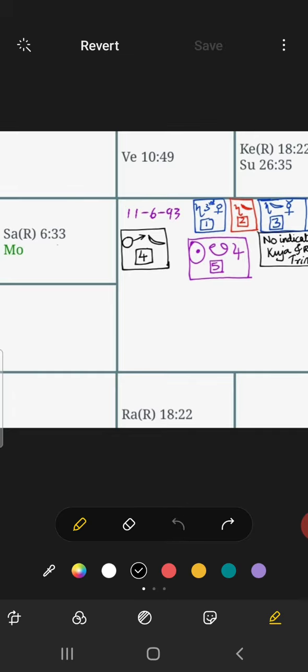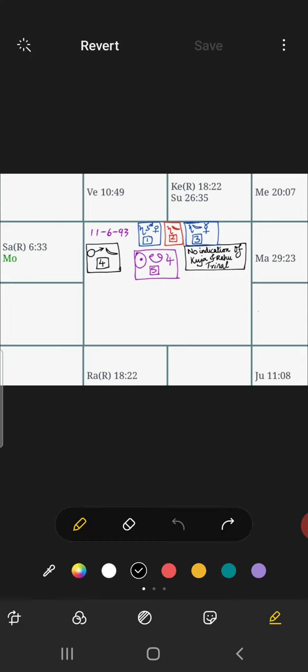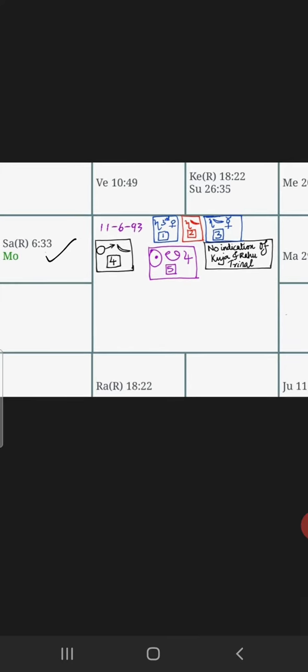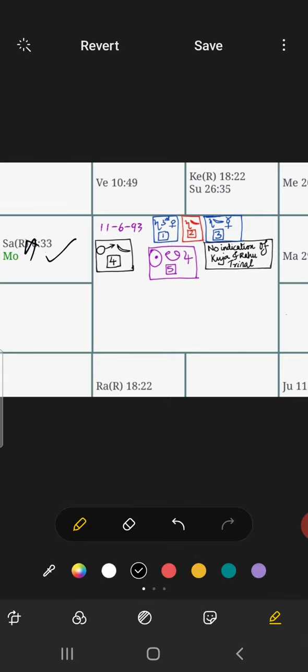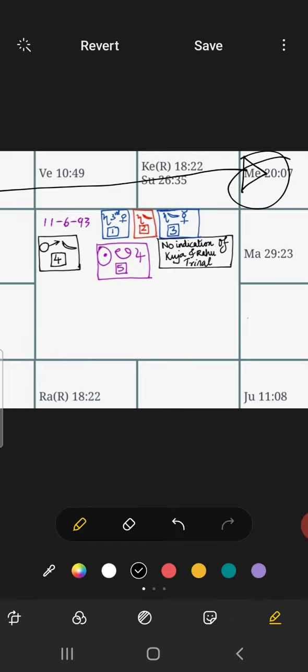So before we go into the palm, let's look at the Chandra and the effect it is having on the other graha, or other karakatwas of the other graha. Let's say the moon placed in Kumbh Rashi is affecting the Saturn, number one. Now you see it is in trines with Mercury, therefore it is affecting the Mercury, which is Vyapar Karak. This person basically wants to start a textile shop.